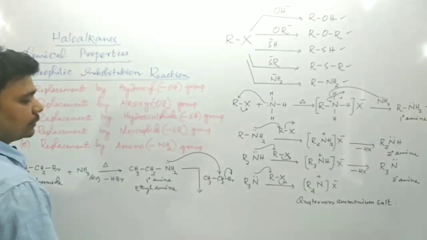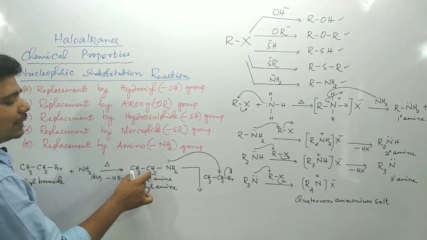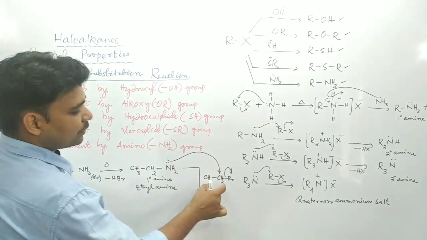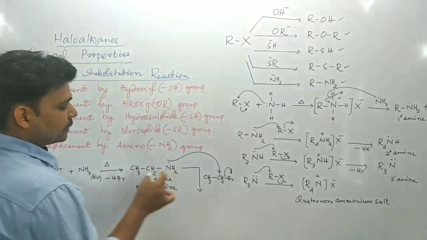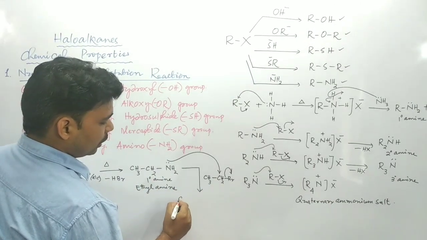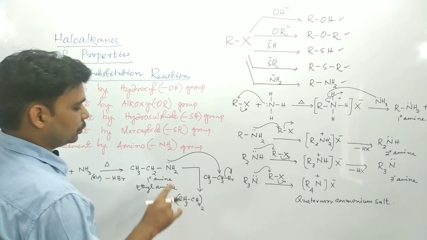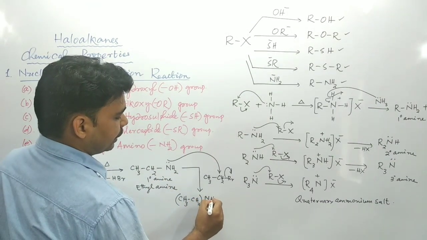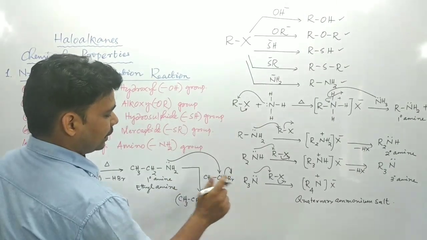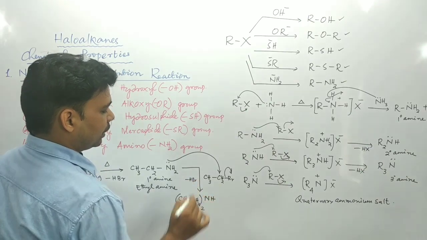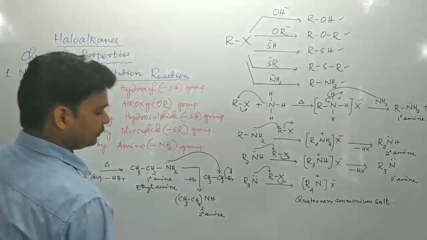Okay, the secondary amine. So what would be your secondary amine? R2NH. One R is from this primary amine, another R is from your alkyl halide. So both the R are the same. CH3CH2, CH3CH2, so (CH3CH2)2NH. Out of NH2 I have written NH, so one hydrogen and this Br will be released as HBr. This is your secondary amine. Okay.